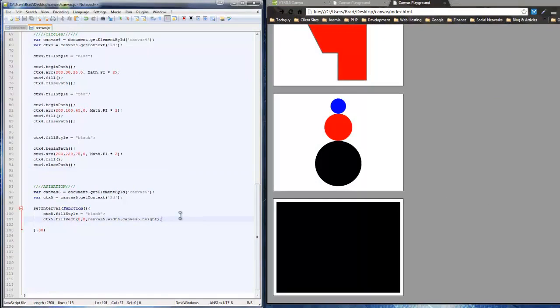Yet. So the next thing I want to do is change the fill style, or reset the fill style. And I want to make it white. Okay, and now we're going to do a circle. We're going to do a begin path, and we're going to do an arc. Okay, and for this arc,